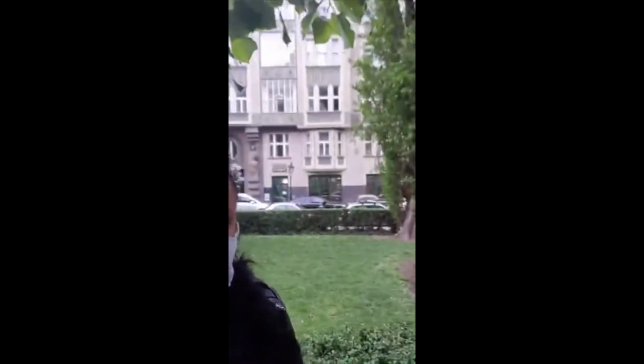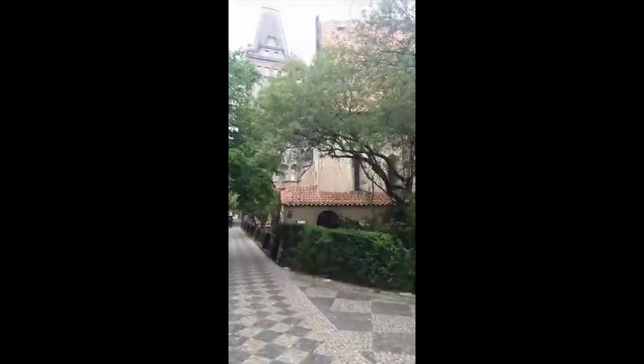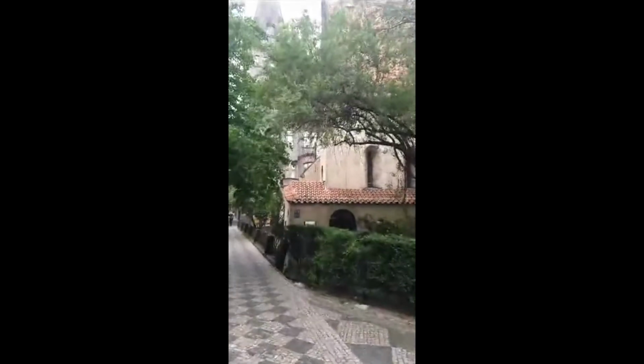The Old-new Synagogue is the oldest continuously active synagogue in the world. Can you imagine? And yes, in case you're wondering, it was active also during World War II. Only a short interruption for not even 2 years. So let me turn, and yes, now you see the north side of it,